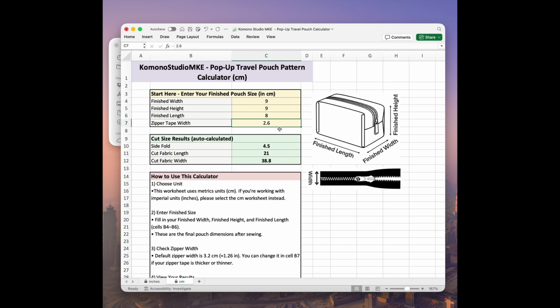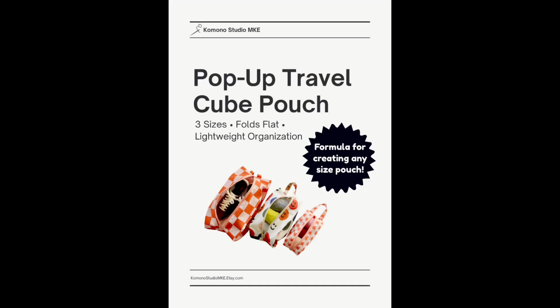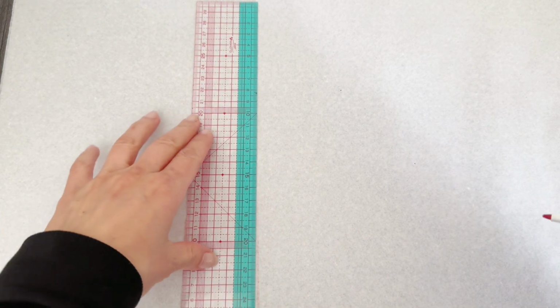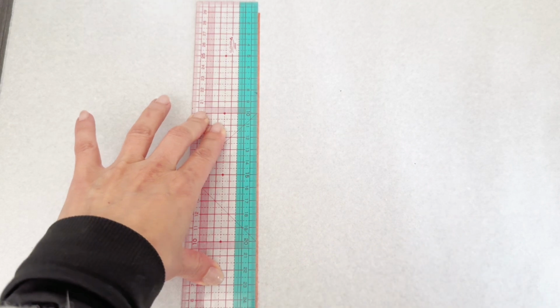Step 4. The light green cells are automatically calculated and will show you your fabric cutting sizes. You'll also see the side fold measurement, which is used while constructing the pouch. Please refer to page 13 of the sewing instructions for that step. Step 5. Draw the pattern on paper or mark it directly on your fabric, and you're ready to start making